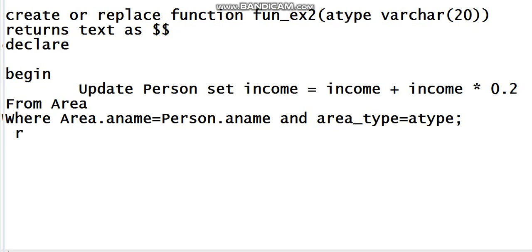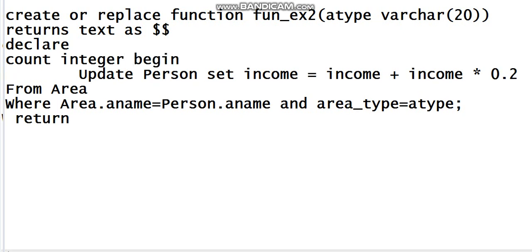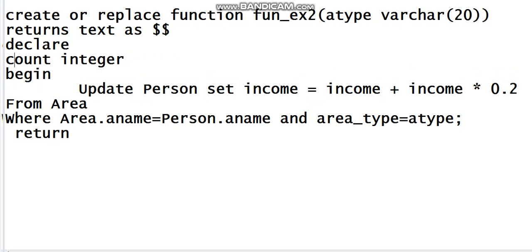Then here suppose we can type, or here we can declare one variable count. It is of type integer is equals to, we are initializing it with 0.